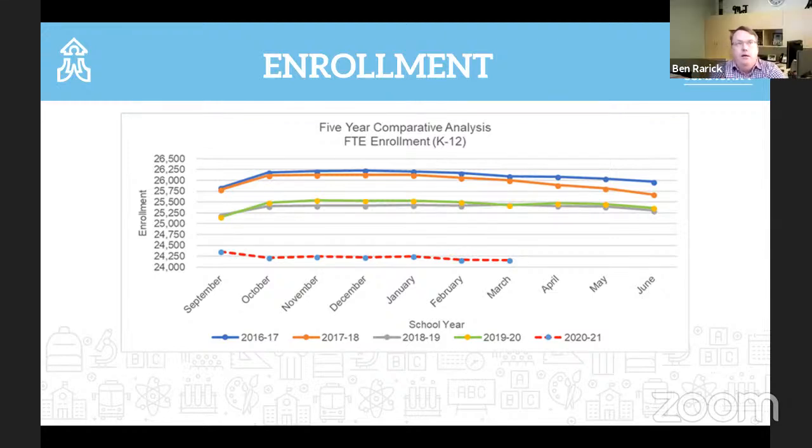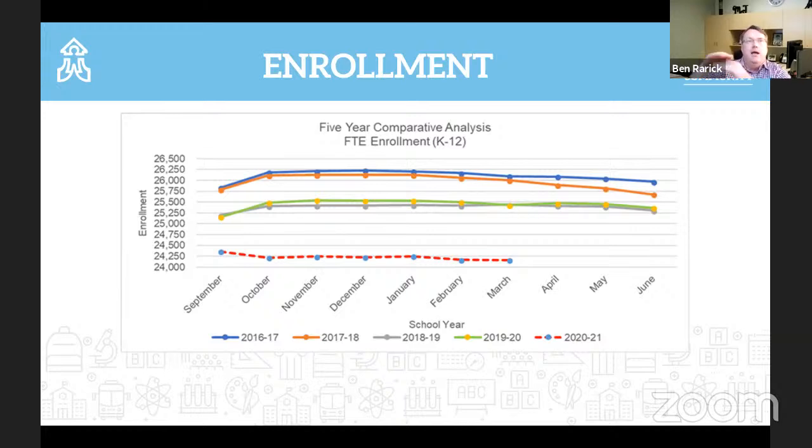So the key point here, I'm agreeing with what you're saying. Key thing to remember that Dr. Harmon said earlier is that we made a strategic decision to not reduce staffing all the way down to where that red line is, because first of all, we kind of earned the right, we built up our fund balance, and we got a little bit of flexibility, right? But the second thing is, you don't want to be caught having to hire a bunch of staff in the fall if they all show up again, right?